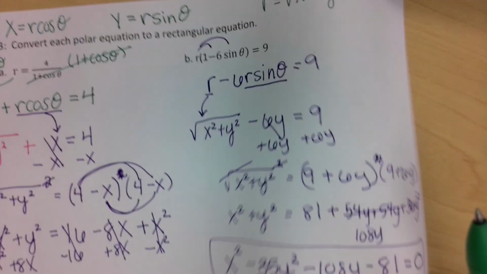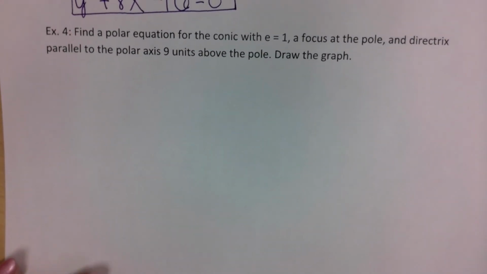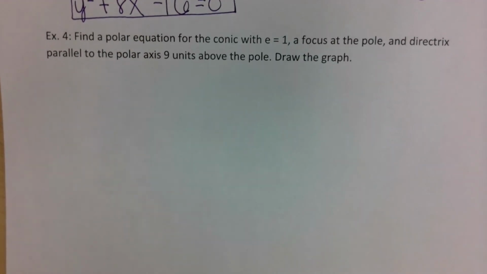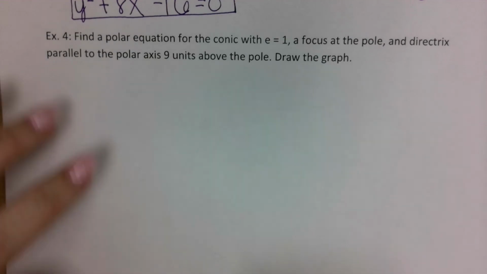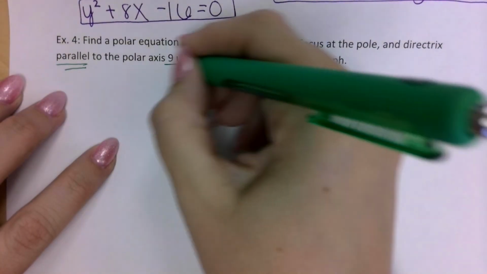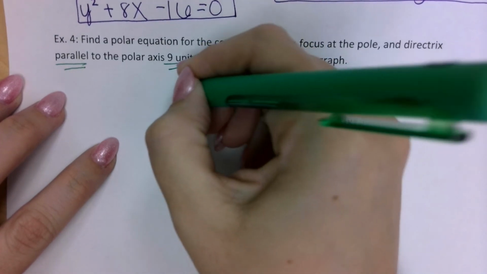Woo. All right, last problem in 10.6. So this problem, we want to find the polar equation. Okay, so we want to find the polar equation that has an e value of 1, a focus at the pole, a directrix parallel to the polar axis 9 units, so that means p is 9,